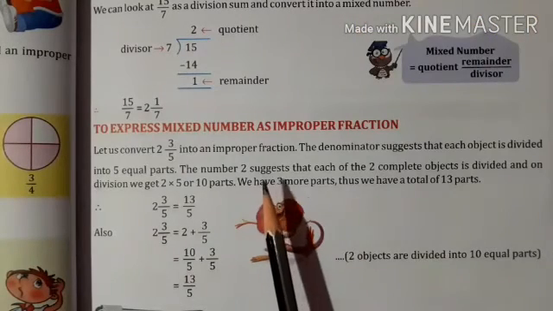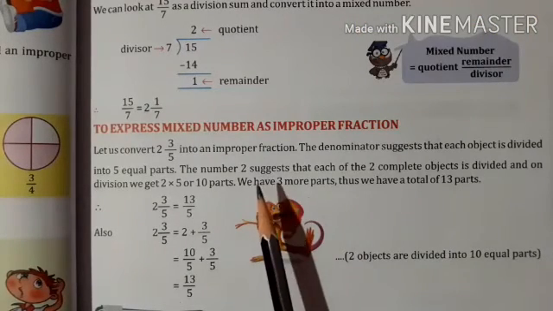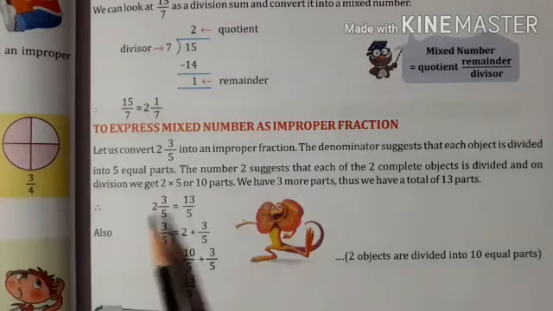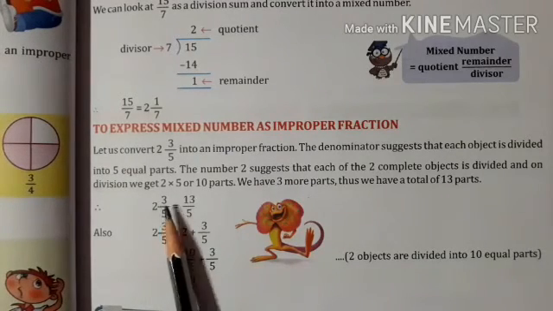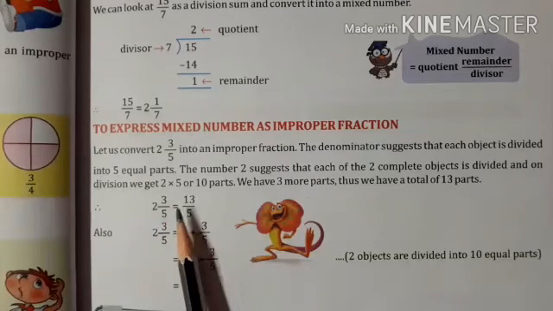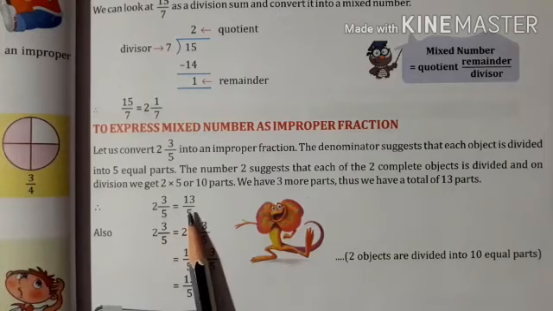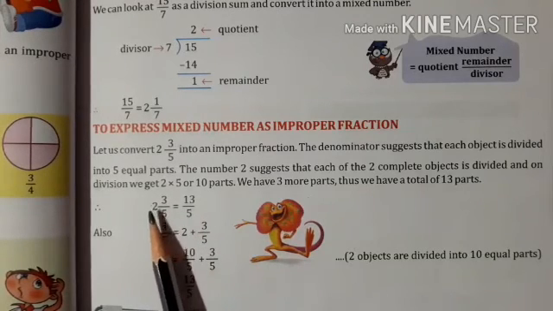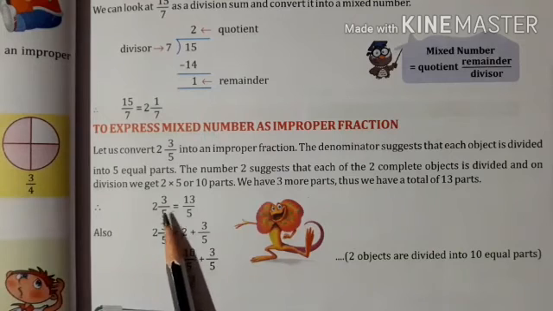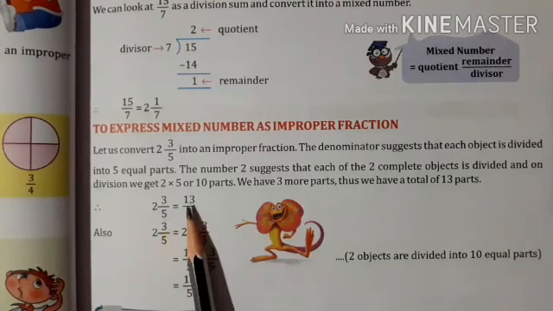So students, now we will discuss how to express mixed number as improper fraction, okay? Look at here, students, this is a mixed number 2 3/5, right? And we have to express this number as improper fraction, okay? So 2 3/5 equal to, right here the denominator 5, okay? Then multiply denominator and the whole number, okay? So 2 into 5 equal to 10, right? Then add with 3. 10 plus 3 equal to 13, okay? So 13 by 5. This is an improper fraction, okay?